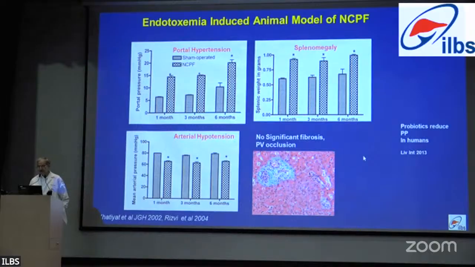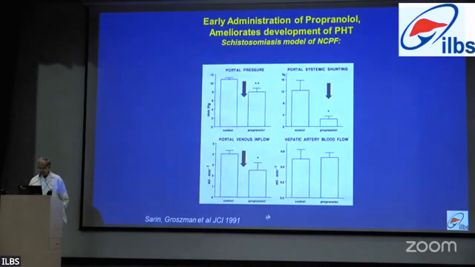And the second part, another PhD thesis, these are all parts of PhD theses. Probiotics were given and they were able to reduce portal pressure in the animals, and then a human study was also done by Dr. Nitin and published in Liver International. So the idea was that animals or human beings with chronic endotoxemia can develop endotoxemia-induced portal hypertension. And the site of resistance was the HSC, the stellate cells. And this was the first work which I did with Roberto Grossman at Yale.